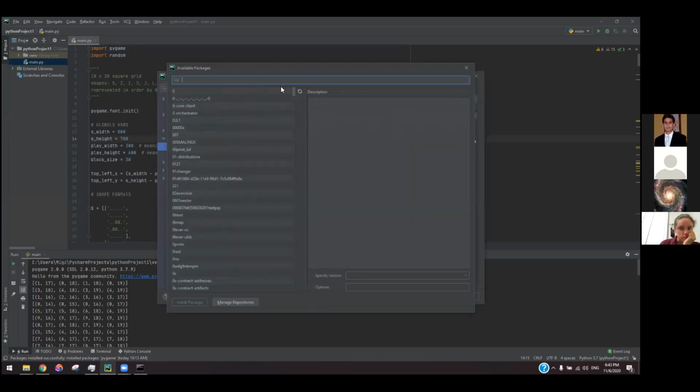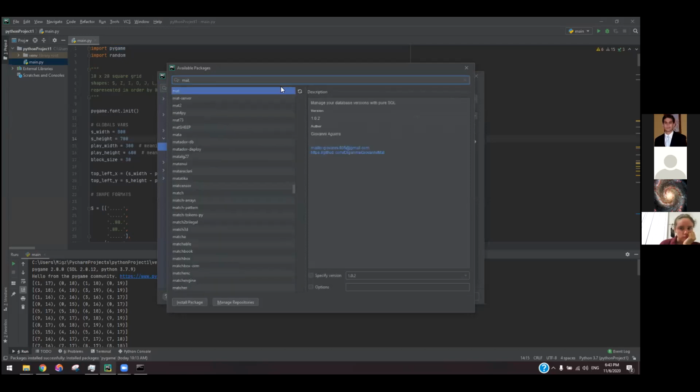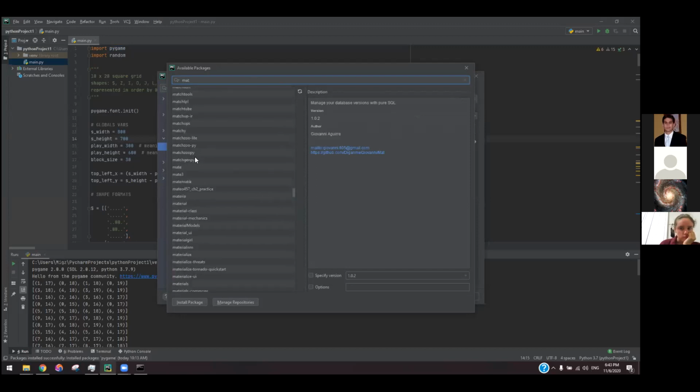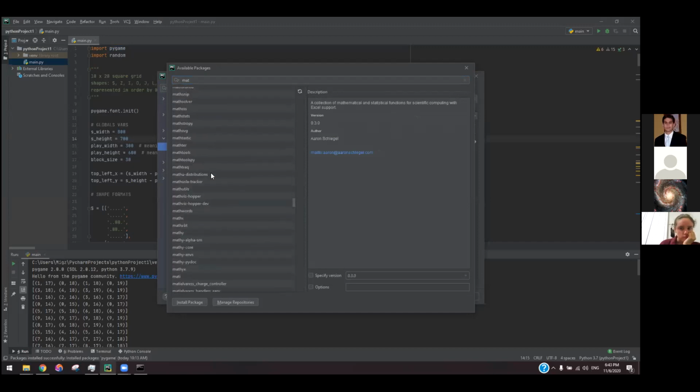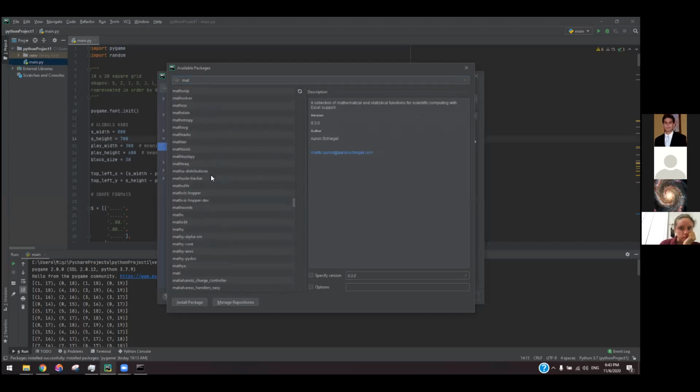Let's say you want matplot or whatever, you just type it in. There are a lot of plugins, a lot of little cool things, and a lot of methods you could use, but you basically have to learn what these methods, functions and modules have in there to use them. But in our case, we're just using Pygame.